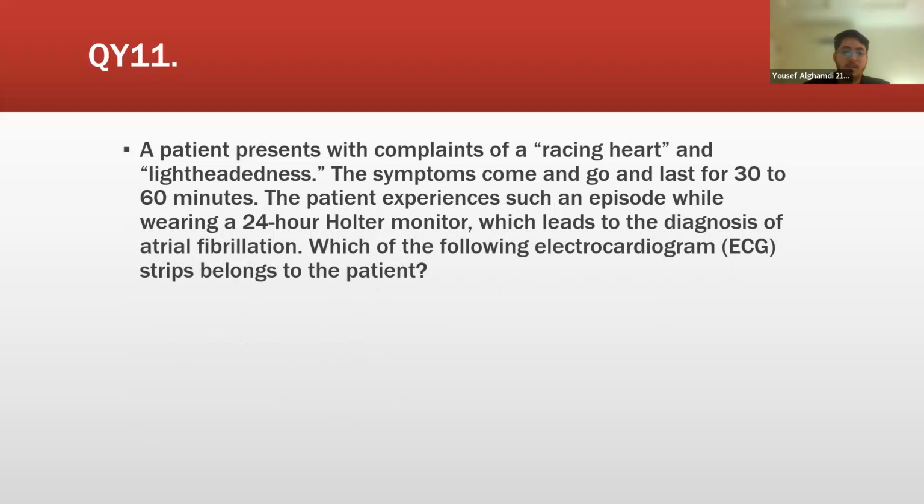So this is, okay. A patient presents with a complaint of a racing heart and lightheadedness. The symptoms come and go for the last 30 to 60 minutes. The patient experiences such an episode while wearing a 24-hour heart monitor, which leads to the diagnosis of AFib. Which of the following ECG strips belongs to the patient? So what I saw is that you guys really need to know the arrhythmias. So which of the following is atrial fibrillation